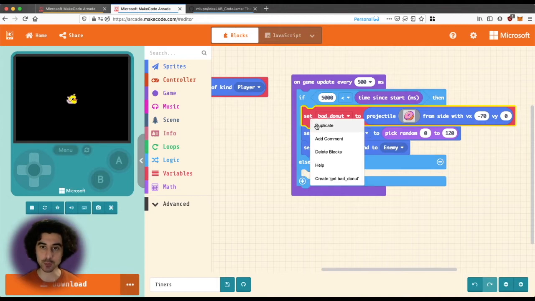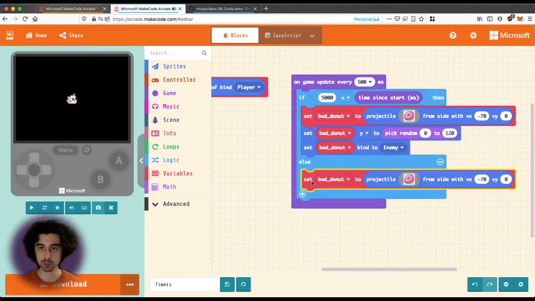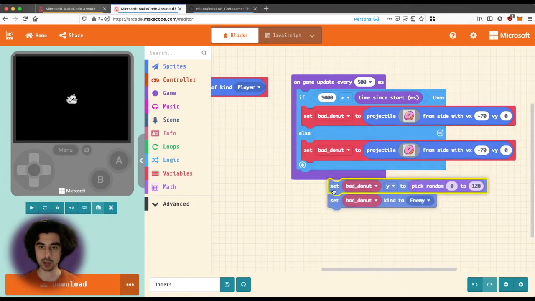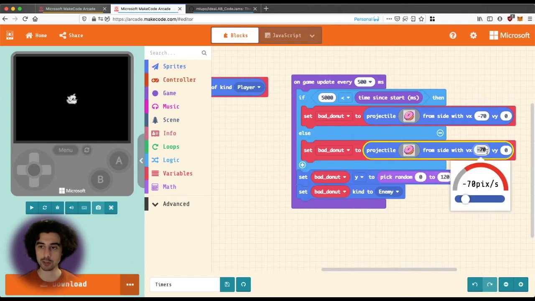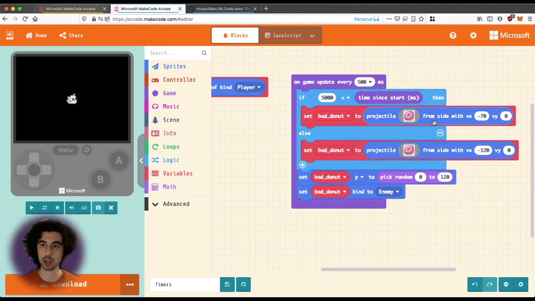What are we going to do? We're going to add some more projectiles. And then I'm going to put this down here. We're going to add some more projectiles, and these ones will be faster. So negative 120, almost double the previous speed. And so now, in our game, a projectile is going to come no matter what. A donut's going to fly out no matter what. It's either going to be at negative 70 pixels per second or negative 120. No matter what, we're going to set those bad donuts to have a random Y location and set them to the kind enemy. Important for us today, though, is that as the game goes on,